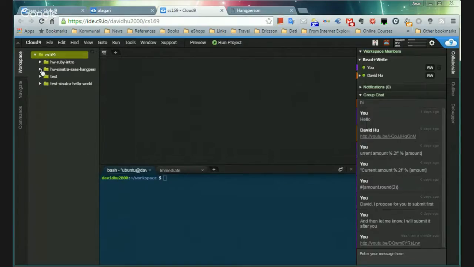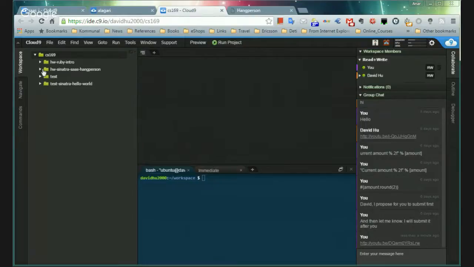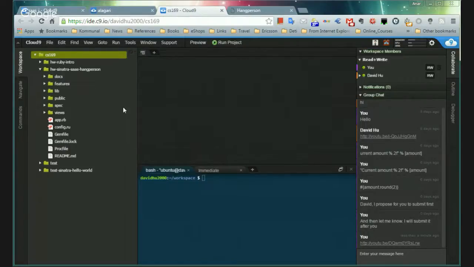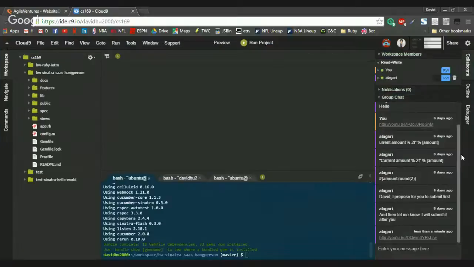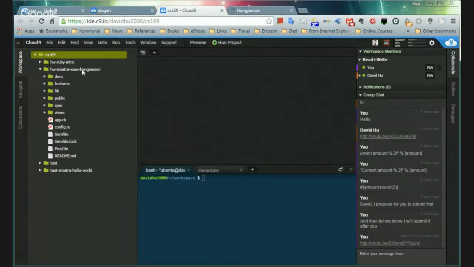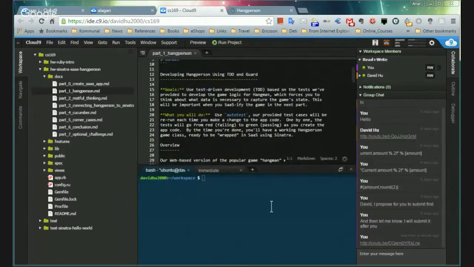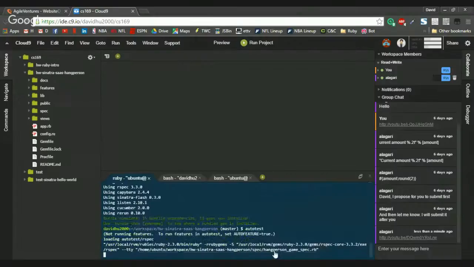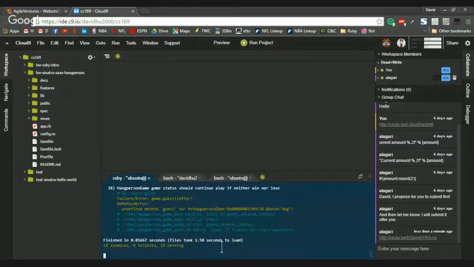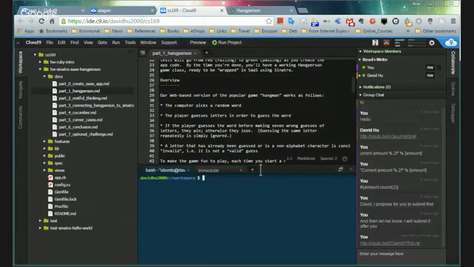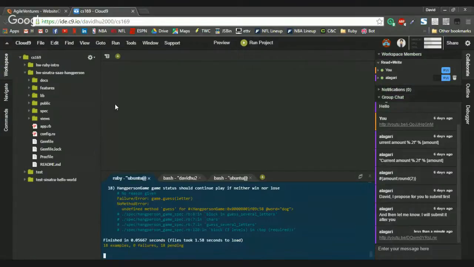So you already cloned the Git, right? Yes, I cloned it. Okay, very nice. First, use test-driven development. Yeah, so I am running autotest, and then we've got to open up